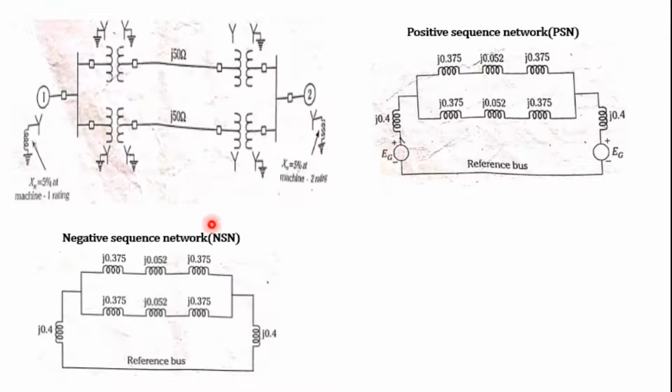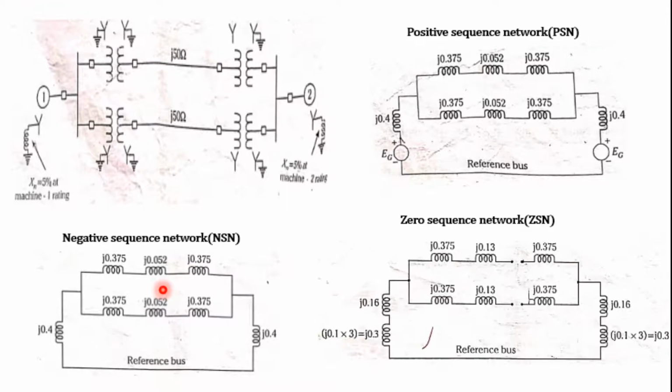Okay, so you can observe here the values are almost the same. Then once we are drawing that zero sequence network, we have to be very careful. Here, look into the generator G1: it has a reactance, and not only that, it is grounded through a neutral reactance. So that's why we have to add this value. What is this? This is nothing but 3 into Xn.